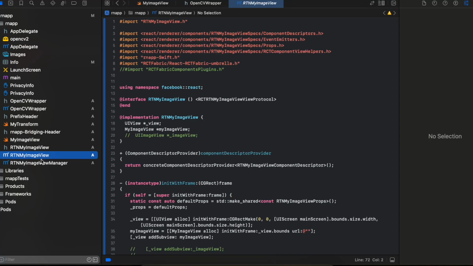Then again I have created an Objective-C file. Make sure to change the extension to .mm, so it is Objective-C++. Again I have copy pasted it from docs, and here you can see I have just changed these particular names, everything else is same. And this rnapp is my bridging header name, so change rnapp with your own bridging header name. And here we are just importing this and commenting out this, because we are writing the code in the main iOS